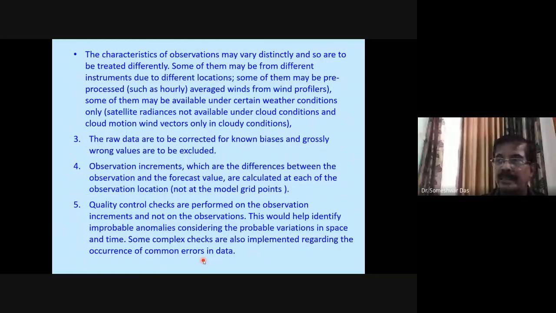Anomaly, that means what is the tendency? Like you don't expect that there will be a 10-degree change in temperature in a short time period like 1 hour or 3 hours, right? Do you think that the temperature will drop by 10 degrees in the next 1 hour? You don't think so. Unless there is something very drastic, right? Suppose there is a severe thunderstorm suddenly, with a chill downdraft coming, then of course your temperature can drop quite rapidly. But otherwise, normally you don't expect that the temperature will drop so sharply, right?